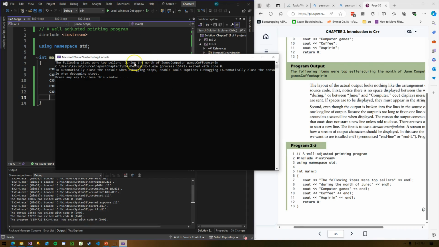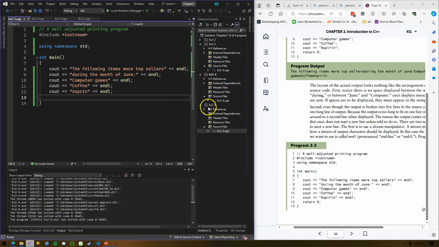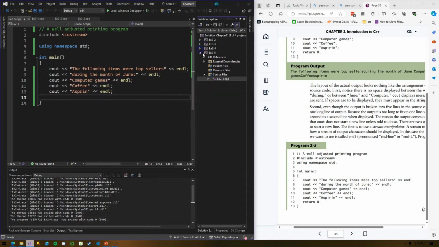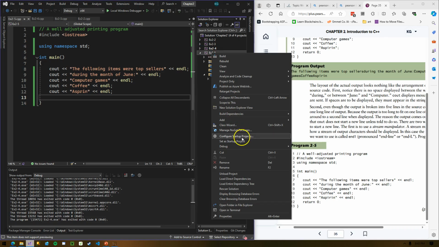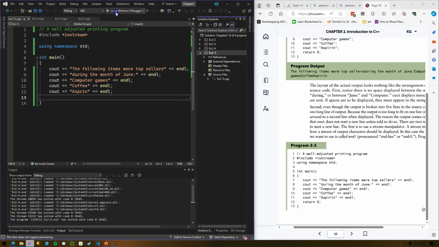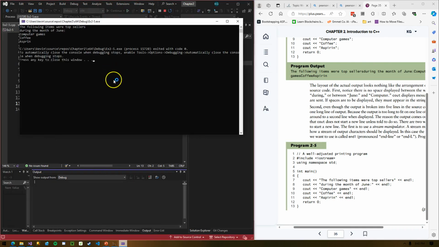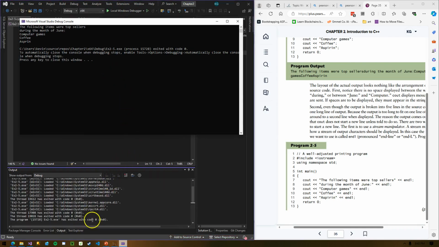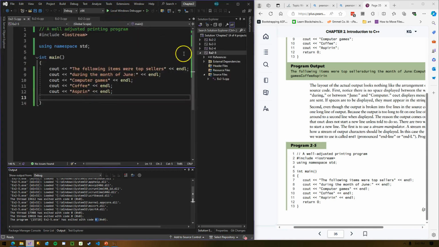Okay, so here's a good example of what went wrong. I still see the same output from the last example, and we can see a clue why that is. It's still running 2-4.exe. We want to run 2-5. So this won't be the last time that happens to me. I'm notorious for not activating my new project. Set it as a startup, run it again. Now let's see. Yeah, it still defaults to 0. But now we have a little bit more nicely formatted output to the standard console.